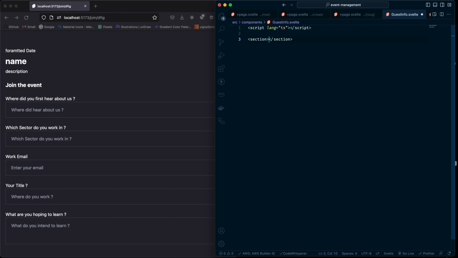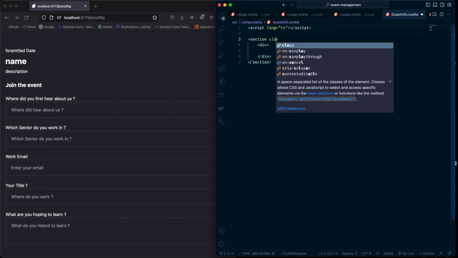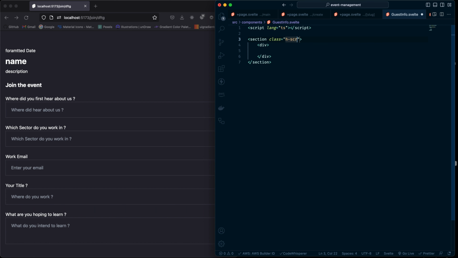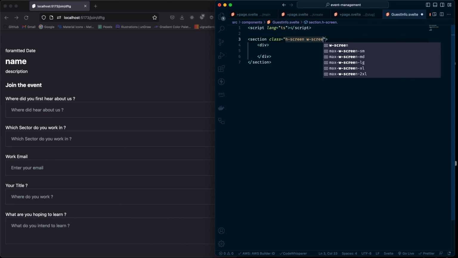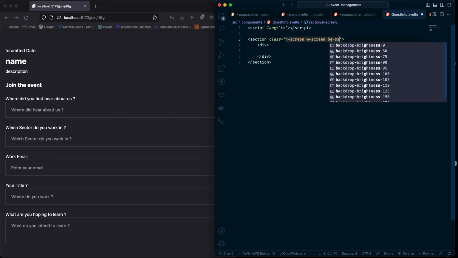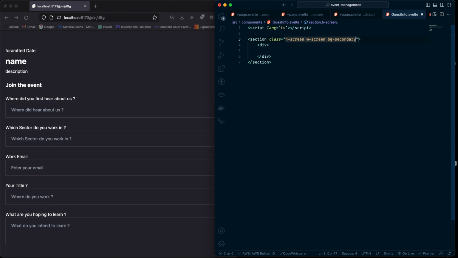Here we'll have a section. Under section we'll have a div. Let us give it some class. So this will be full screen, h screen, w screen, and bg secondary, so that you can see the difference in the sections. Next we'll have a div, and here we'll have socials,